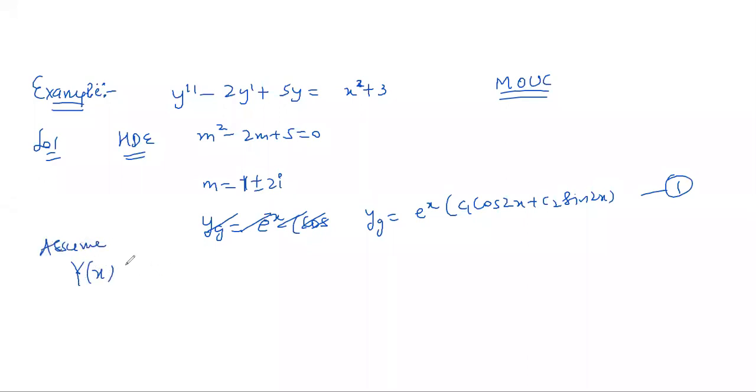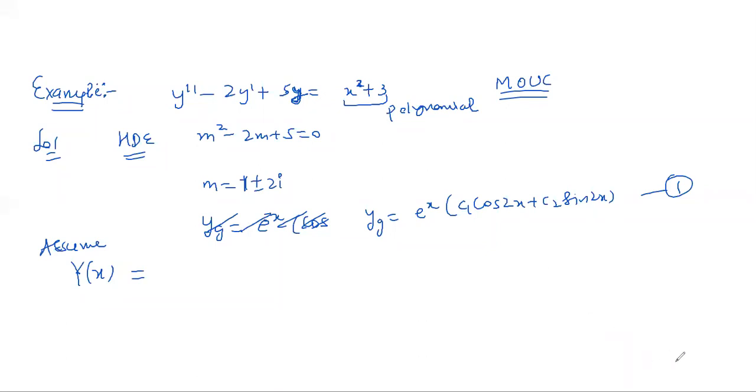That is denoted by capital Y. So what I am supposed to see is, okay, what is my R(x) type? This is a polynomial. So when I have a polynomial, the only thing I have to see is whether there is a y term present on the left hand side or not. So you see there is a non-zero y term present. This is 5 times y. Its coefficient is non-zero. So in this case, my choice of Y(x) is going to be a quadratic polynomial.